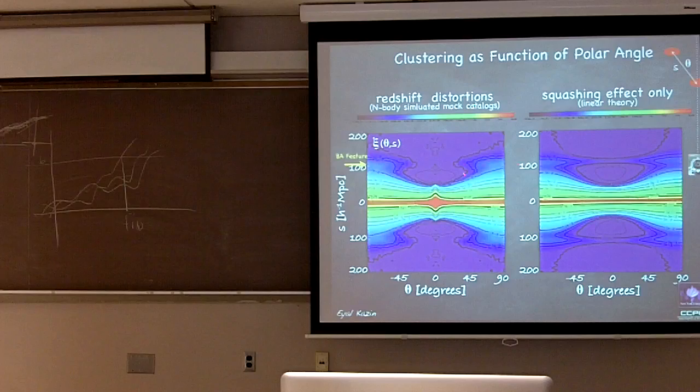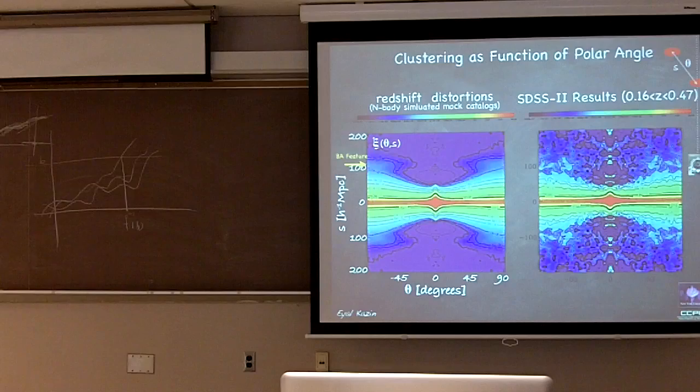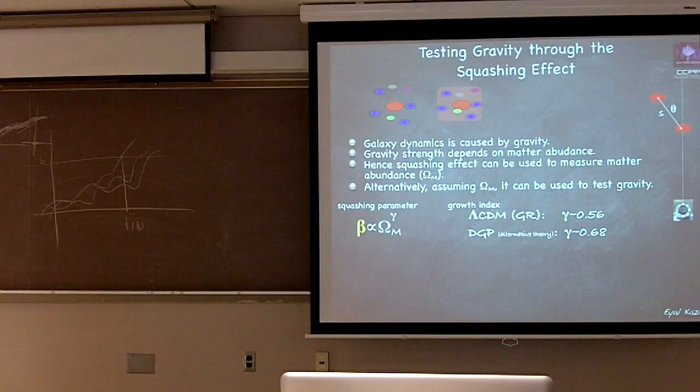Like these ridges become much more wide in the baryonic acoustic feature. You have non-linearities down here. You have a very similar trend over here. And this is actual observation. This is the largest measurement that we currently have of clustering of galaxies. And so you see we have this negative C. We have these non-linearities on small scales. We have this influx that we see off the line of sight. So you see that we're in the correct direction, that we understand, at least in linear theory, what's going on.